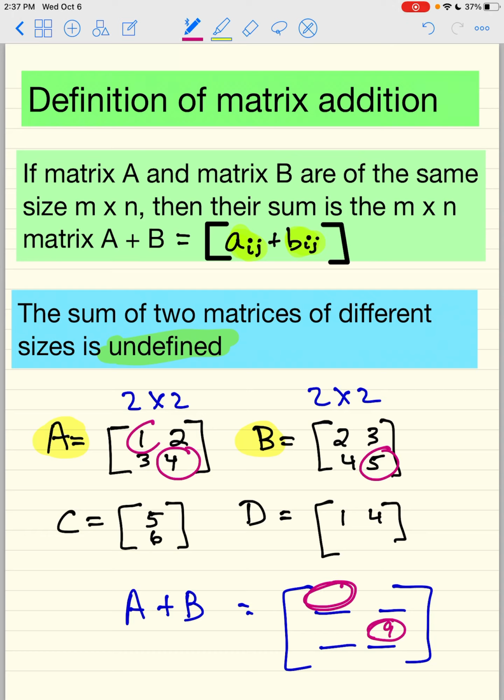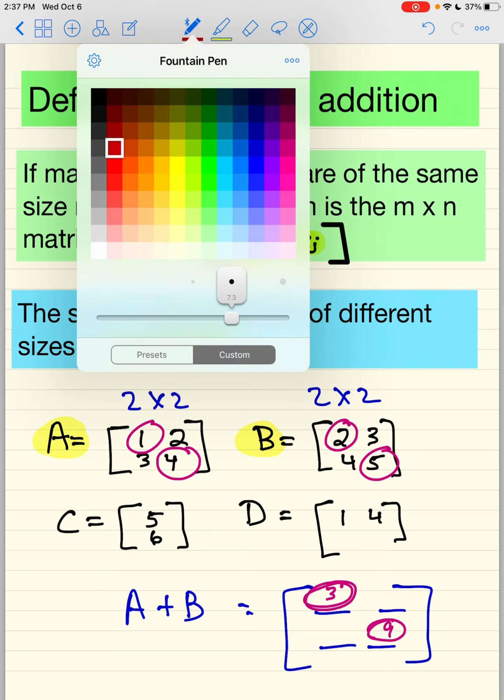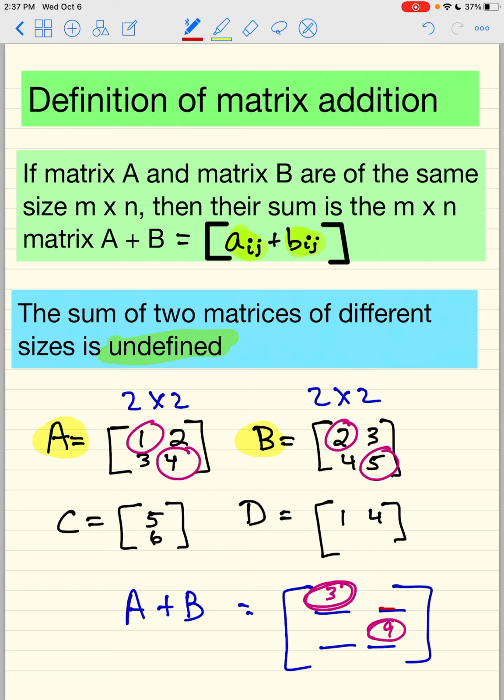If you want this number here, then you go here and you add them. The way that I prefer to do it is I say, okay, I want the first row, second column. So I go to my first row, second column in each matrix, and I add them. I know it seems tedious, but that's how you do it. So you have to have the same dimensions in order to add them. In the next video, we'll talk about scalar multiplication. So come